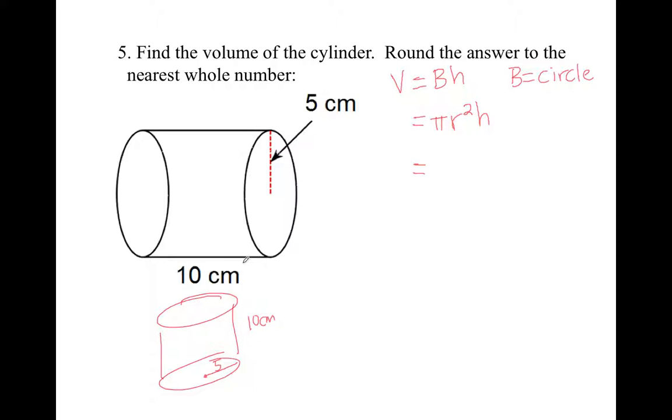It's just on its side right now, but if I turn it upright, this is what I would get. And so I would just plug in pi times 5 squared times 10. And so when you plug that into your calculator,